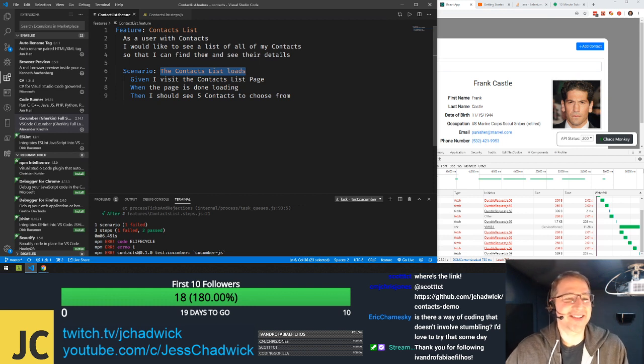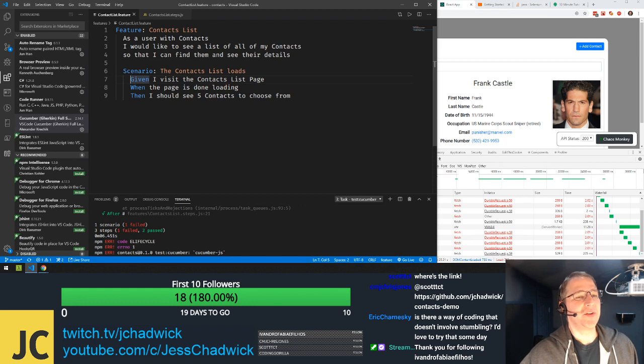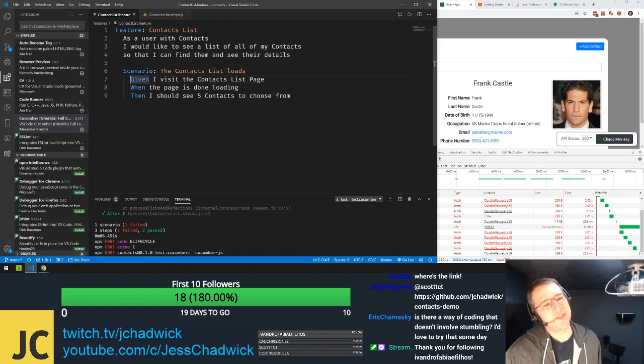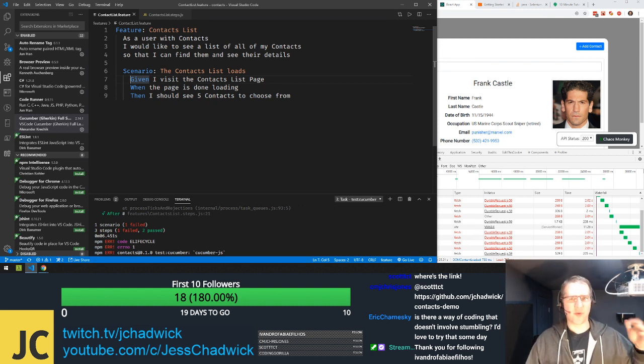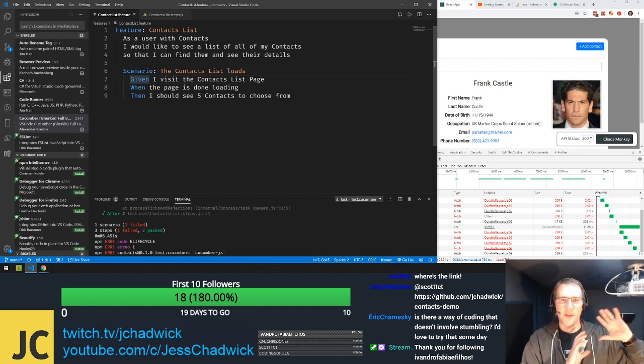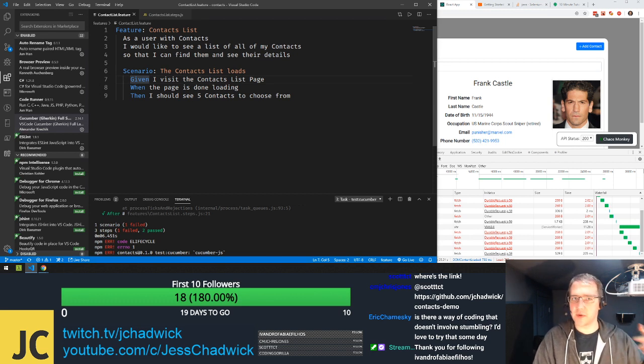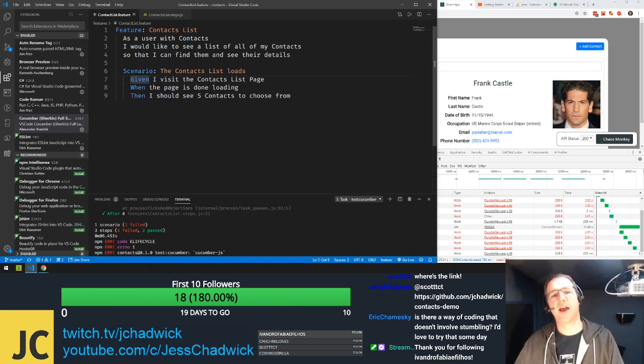It's pretty good functionality. And then once you get into the scenarios, you use the given, when, then syntax. Given is similar to the arrange, act, assert when you're using TDD, unit testing. Given is the set of precursors, things that happen before, prerequisites, whatever you want to call them. So you're setting the scenario, setting the stage, so to speak, right? So given I visit the contacts list page,